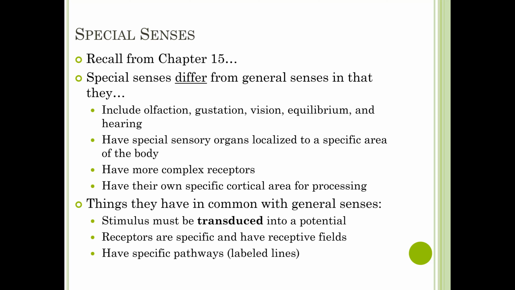They also have specific pathways that go from the receptor to the cortical area, and this is how the brain interprets the modality of the stimulus. So this is what we call labeled lines. That is also present with your special senses as well. And adaptation is possible both at the peripheral level and the central level, although it can depend on each specific sense, and we'll talk about adaptation where applicable in each specific section.